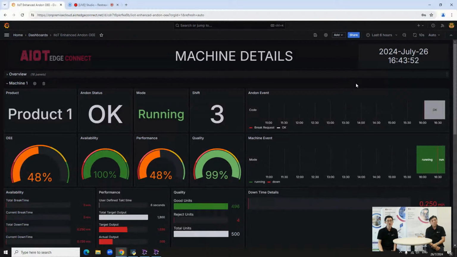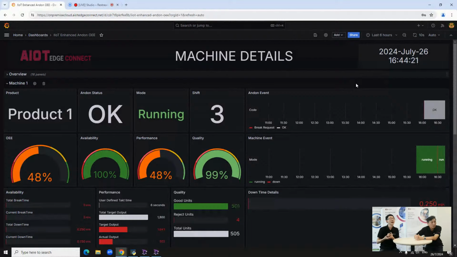Then you can see the current shift. Then you can get all the information of the OEE: the availability, performance, quality. And we also have very detailed information for every key metric. For example, at the availability, then we can see